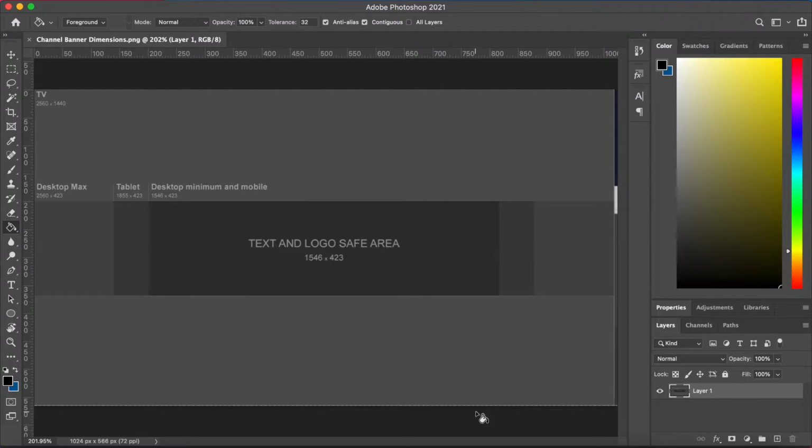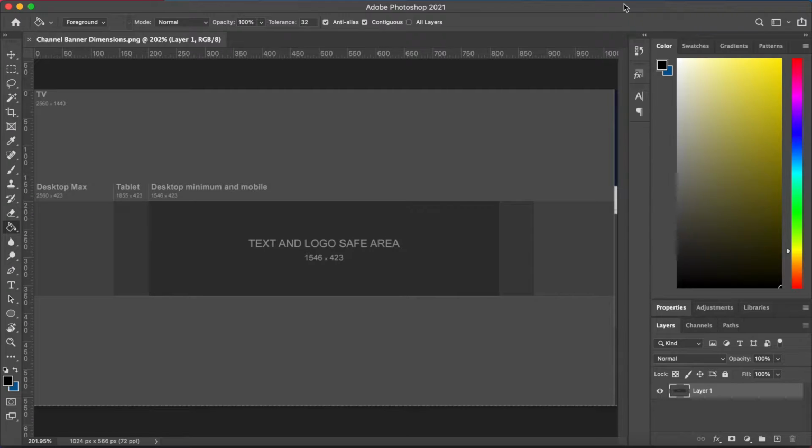So now you have the image open in Photoshop. The only reason we opened it in Photoshop is so that we could reference back to it. We're not actually working on top of this image. When you look at this image, you can see in the darkest gray box, it says text and logo safe area, which is 1546 by 423 pixels.